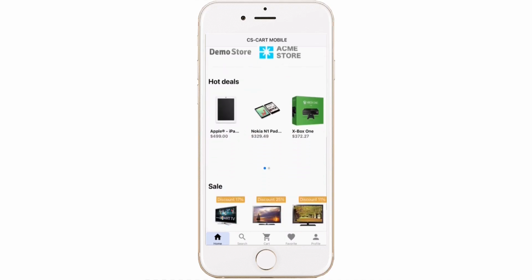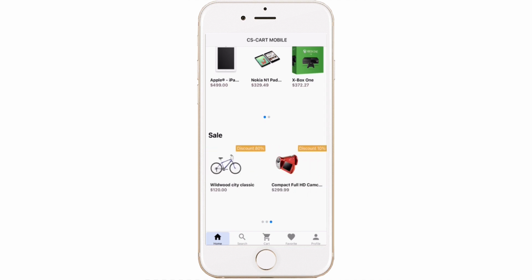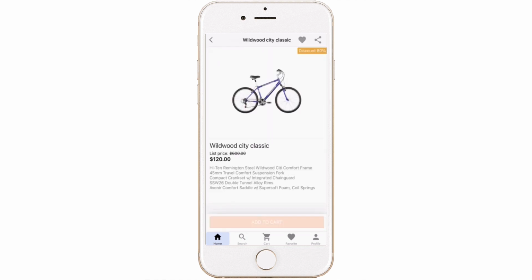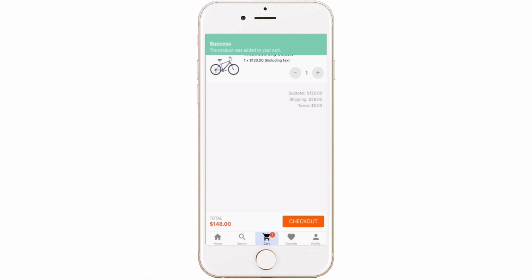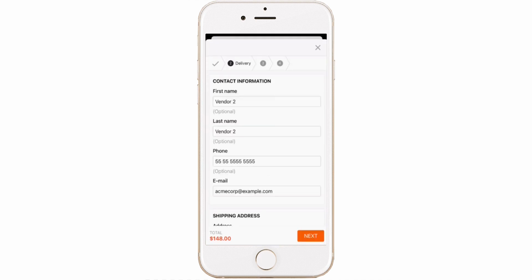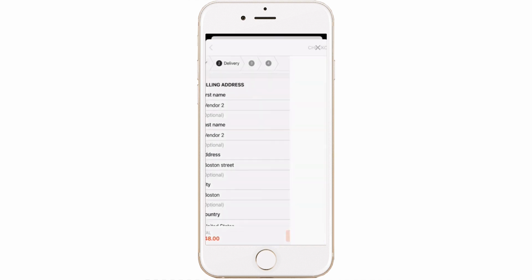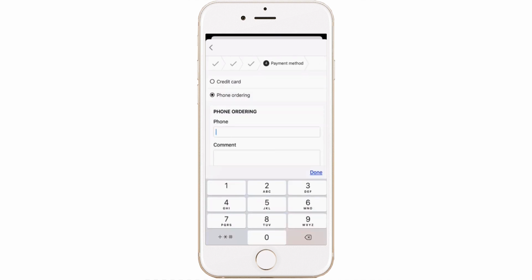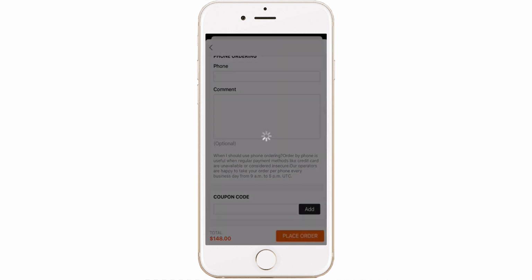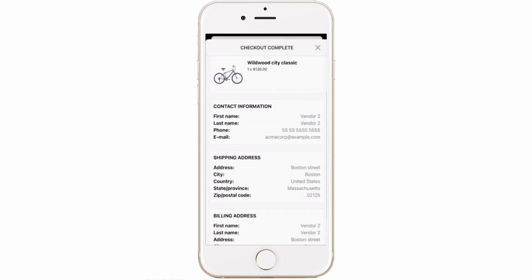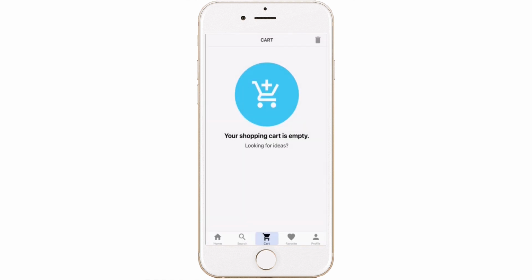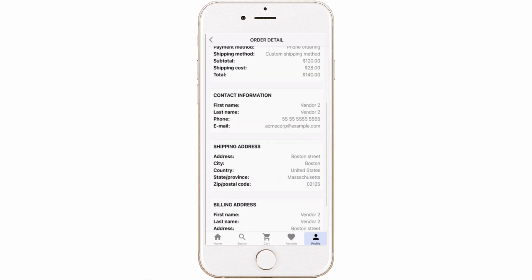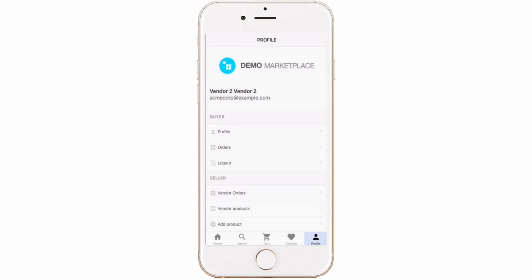The application contains all the products from your store. If you add or delete some products, categories, shipping or payment methods, they will also appear in the app or disappear from it. If a customer has a profile in your store, he can also use it in the application. If he registers in the app, he will also have an account in your store. If a customer adds a product to his cart or to the wish list using the app, this will affect the store as well, and vice versa. So we can say that the sync works both ways. Also, customers always see their entire order history from the website and from the mobile application.